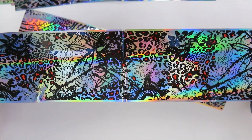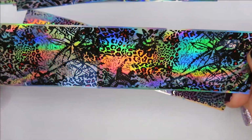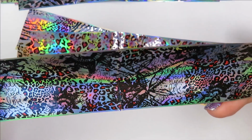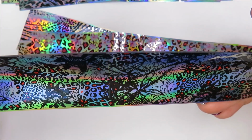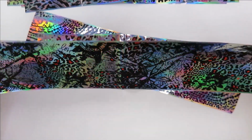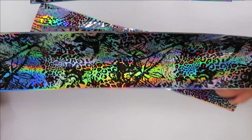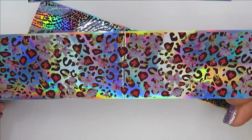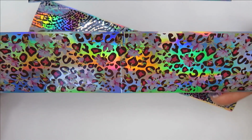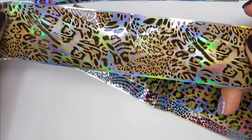This one I really like, so it's got the flowers again and the red with the animal print. So there's a good mixture of different things going on in that foil, which I really like. It also says in there, I am yours, love, and all you need is love. So it's a little bit on the cringy side, but it's kind of cute. And for Valentine's Day or something, I reckon I'll definitely be doing some sets with this. This one's very pretty. I really love that. Very girly. Then we've got this one, which again's a little bit on the boring side, but